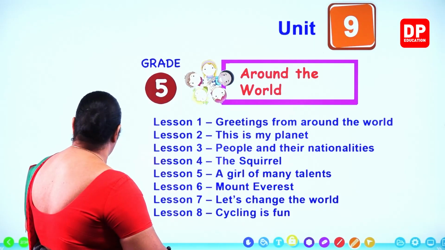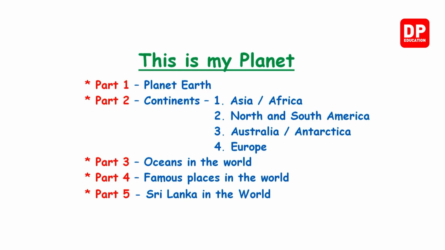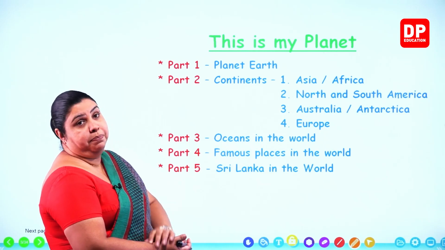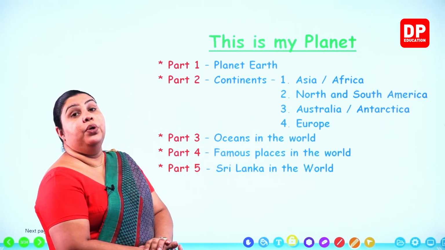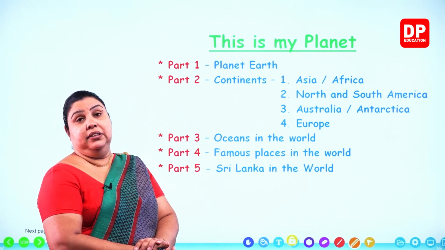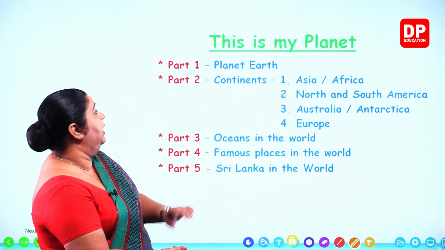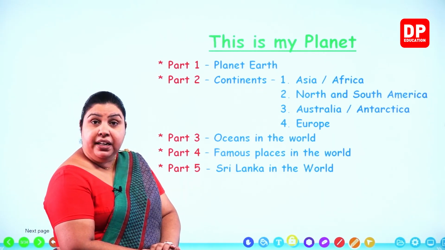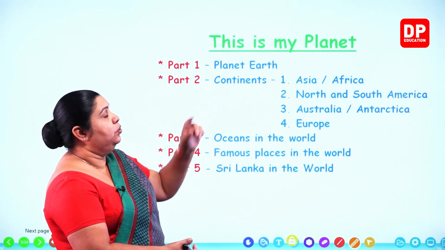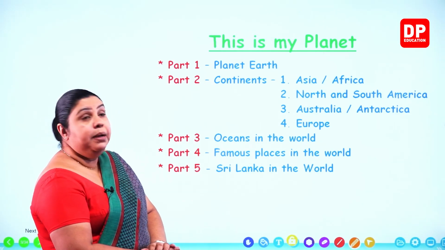So your lesson number 2, actually, this is my planet is our lesson number 2, and there are 5 parts in our lesson number 2. අපේ දෙවනි පාඩමේ කොටස් 5කින් තමයි පුතේ අපිට දේවල් ඉගෙන ගන්න තියෙන්නේ. In our very first part 1, we are going to talk about planet Earth. Planet Earth කියන්නේ පුතේ පෘථුවිය. අපි මේ ජීවත් වෙන පෘථුවිය ගැන අපි ඉගෙන ගන්නවා අපේ දෙවනි පාඩමේ පළවෙනි කොටසෙන්. Part 1, we are going to talk about planet Earth. Then part 2,